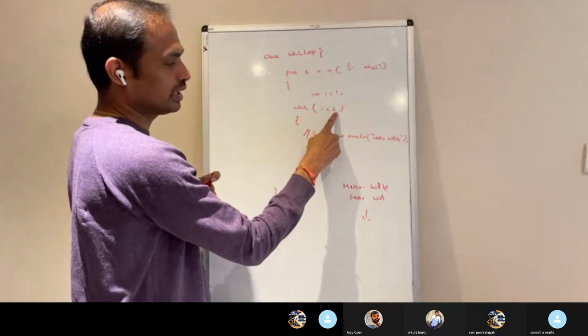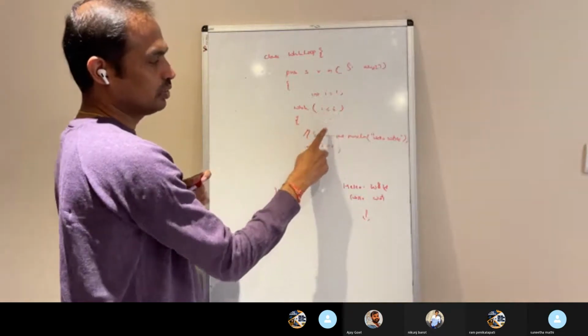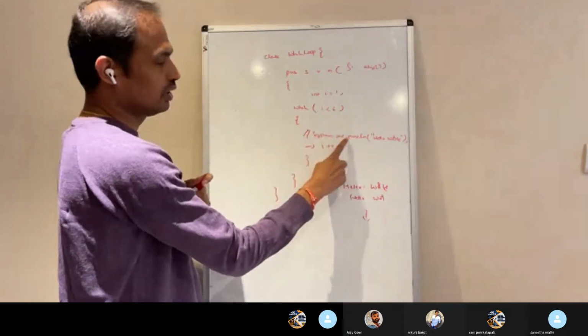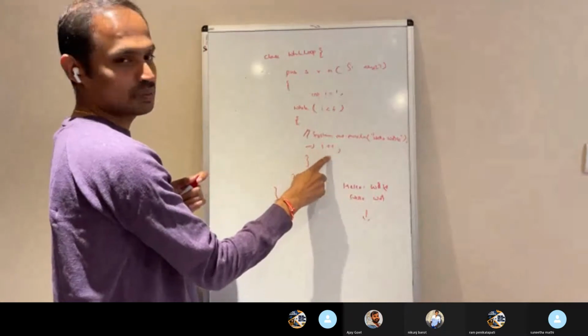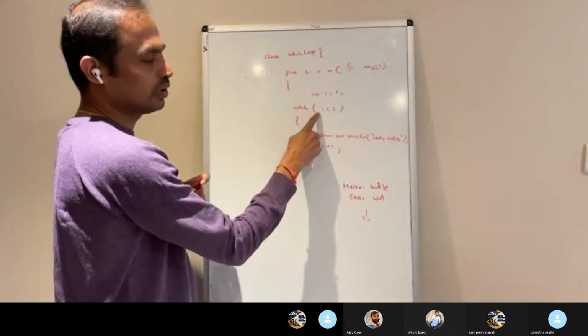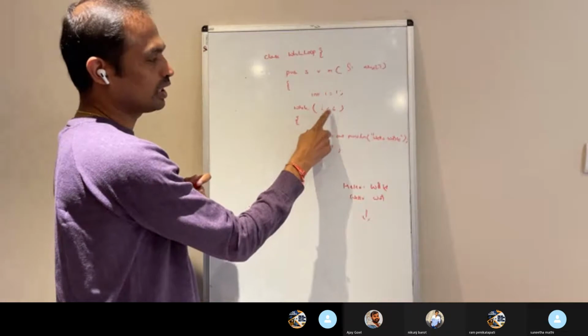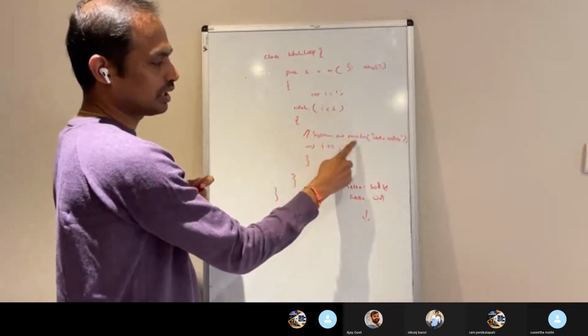3 less than or equal to 6. If it is, yes, it's true, it will come here and print hello world. Then it will come here, i plus plus. By the time it goes here, i will be 4. 4 less than or equal to 6, true. It will come and print